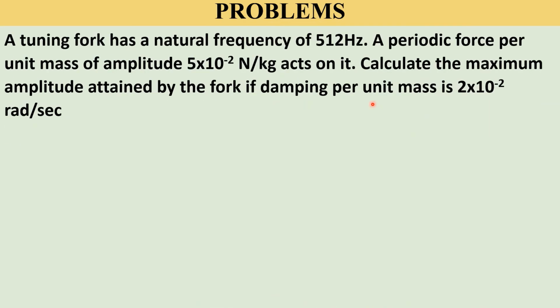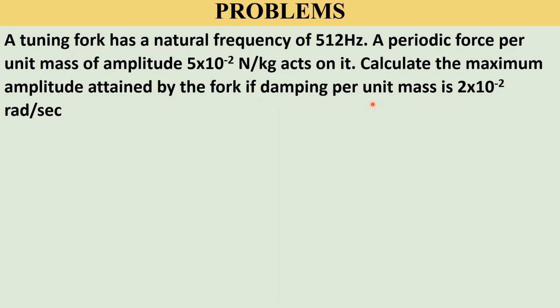Now let us work out some problems. A tuning fork has a natural frequency of 512 Hz. A periodic force per unit mass of unit amplitude 5 into 10 to the power minus 2 Newton per kg acts on it. Calculate the maximum amplitude attained by the fork if damping per unit mass is 2 into 10 to the power minus 2